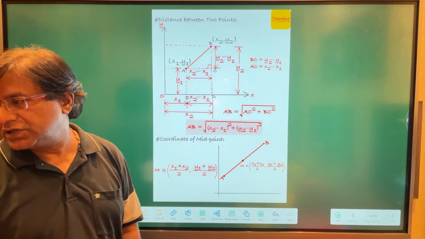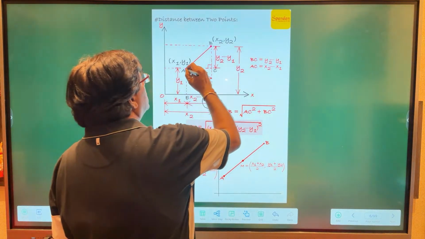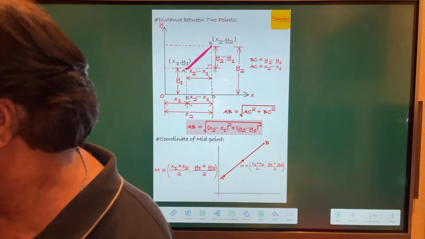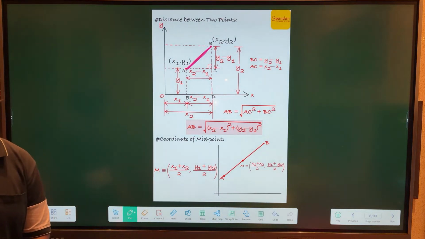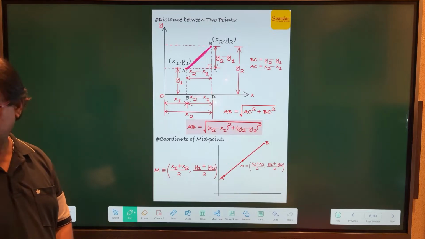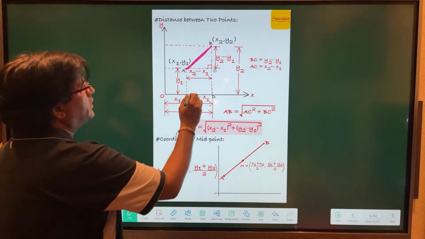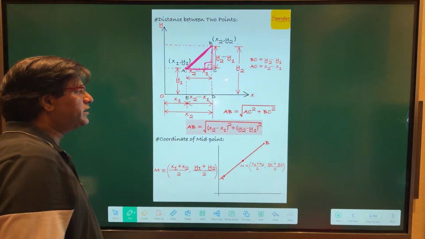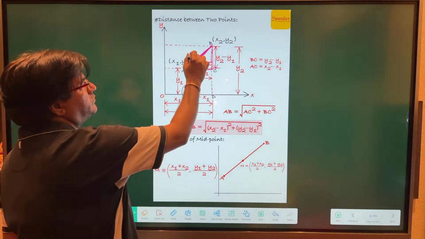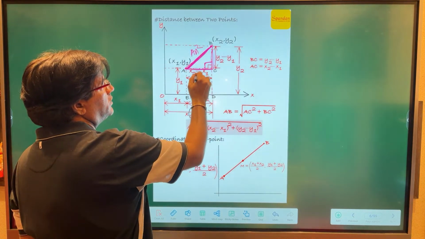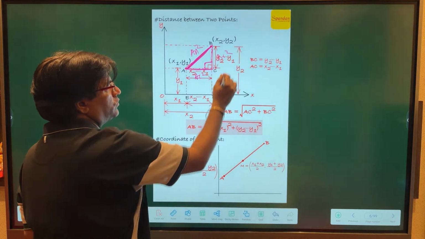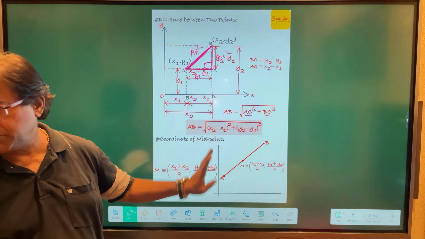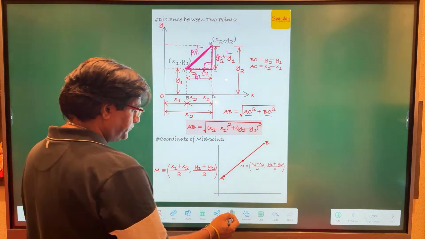So this distance is here a displacement, that is A to B, the line running from A to B. So this length we have to calculate, right? How can we calculate this length? Can you tell me? Yes, we will use the Pythagoras theorem, right? Because we have to form a right angle triangle ABC, and in this right angle triangle AB square will be the sum of AC square and BC square, right? So AC square plus BC square will be equal to AB square, and from here we can find